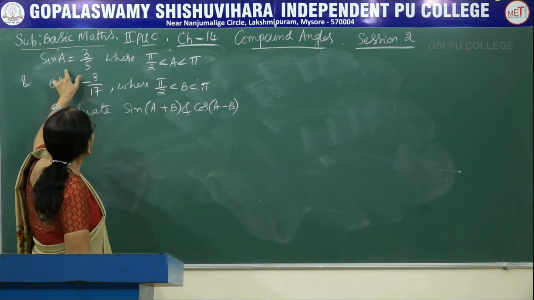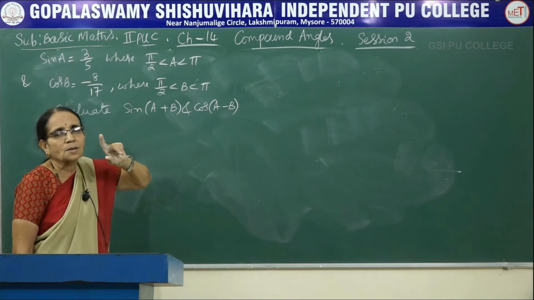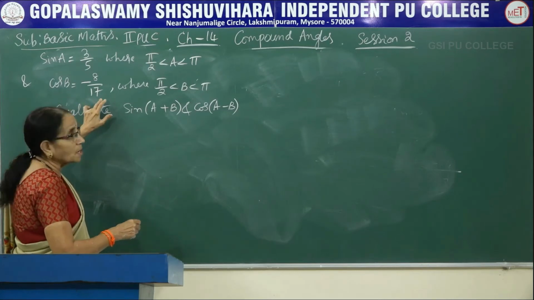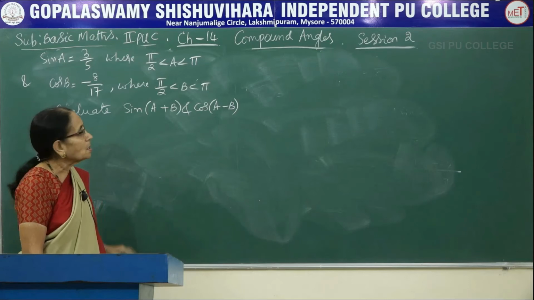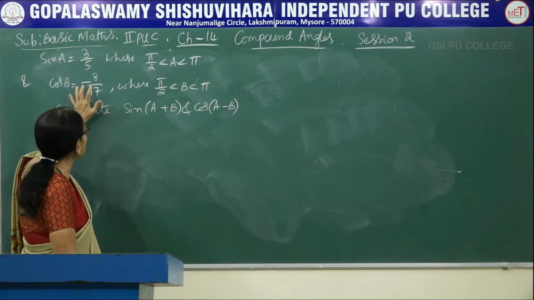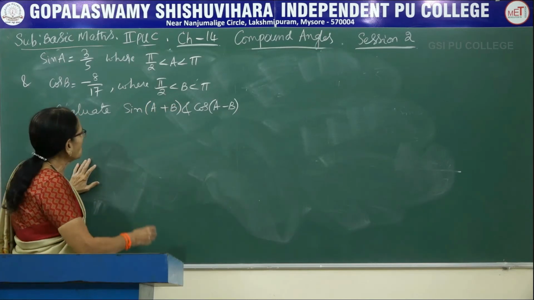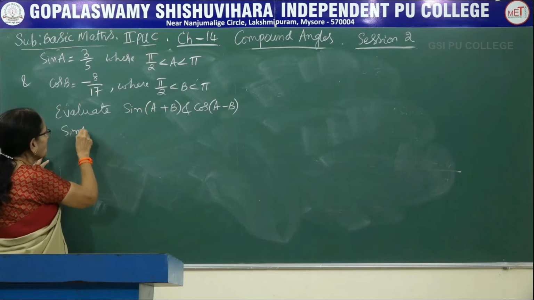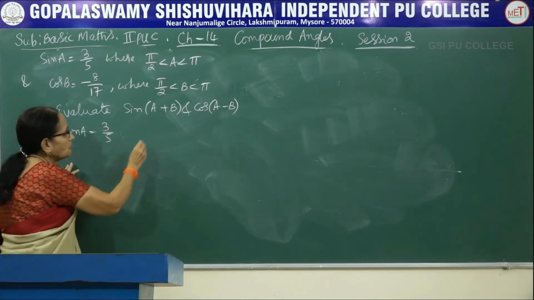That is why sin of A is positive. It is given because you know that in the second quadrant sin is positive, but in the second quadrant cos is negative. So I have given you minus 8 by 17. Now here procedure is same. Don't worry about the sign. We'll write it afterwards when you come to the particular ratio. Now first let me take the first data. Sin A is 3 by 5.